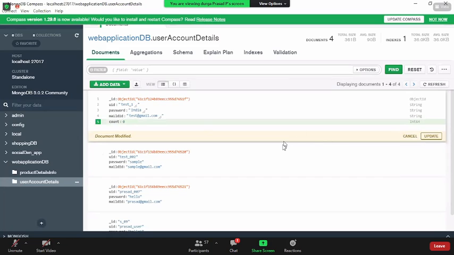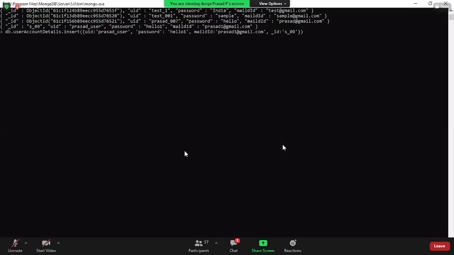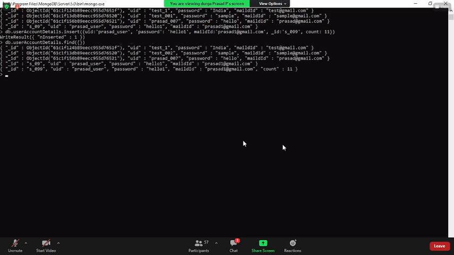Assume I want to insert from here. I would like to say S099, and here I would like to insert something called count of 21 or 11. Now, if you click on enter, 1 got inserted. If you say find here, is count treated as a string or a number? If you don't put inverted commas, obviously it is going to be a number. You can give whatever data types are supported in JavaScript, everything can be given over here.